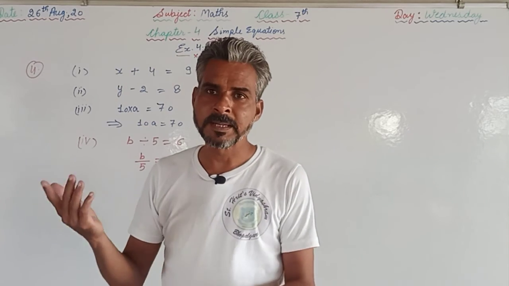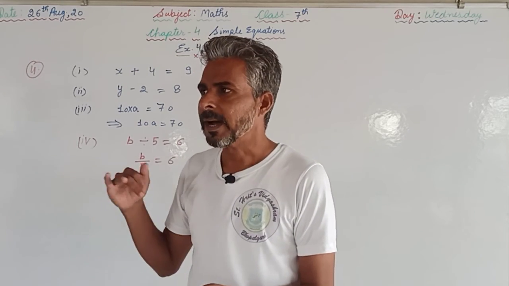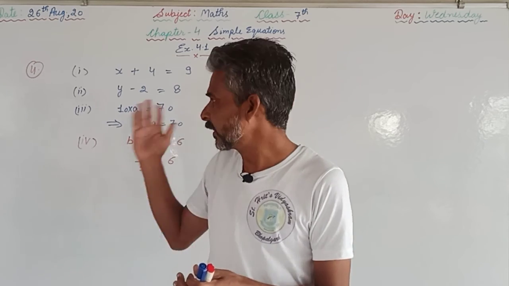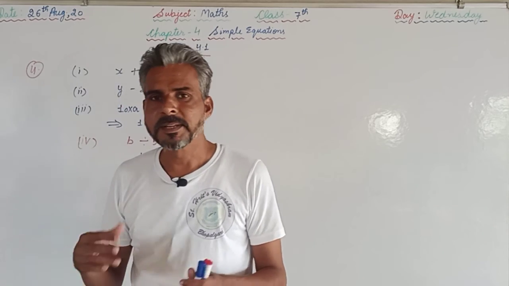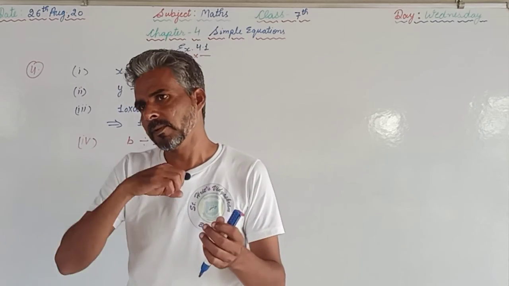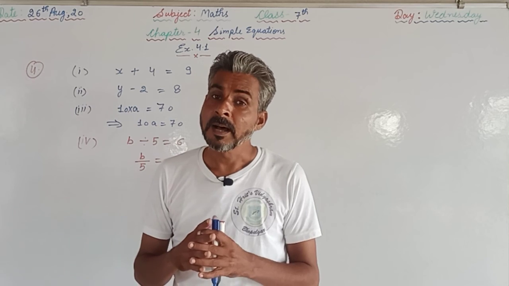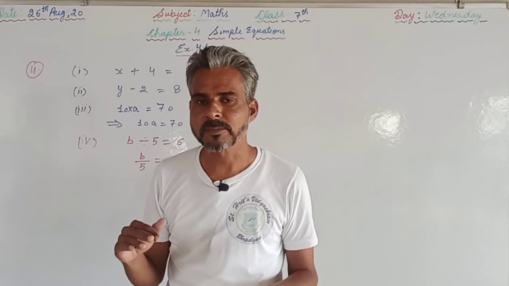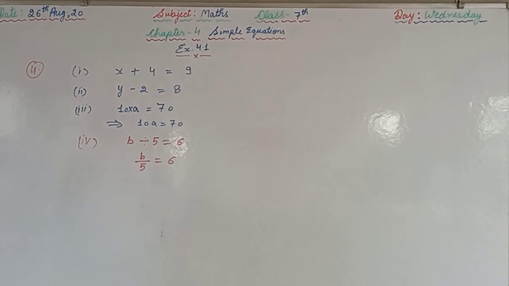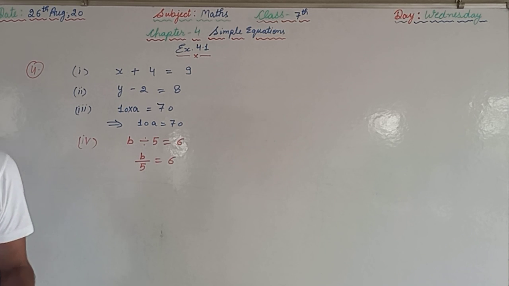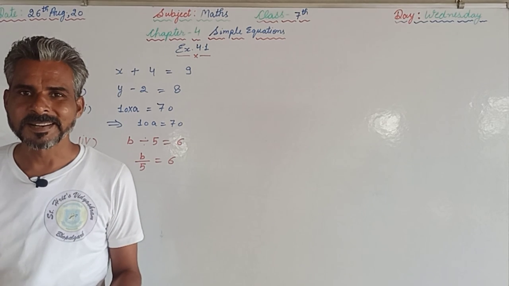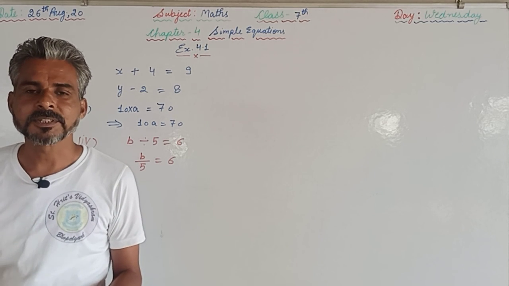So if many of the students are having doubts, we are supposed to repeat this chapter with a different method. Or if we find that all the students are sending us the answers, then we can start the next question, that is question number 6. That is a different question. In that, first of all we are supposed to set up the equation using the information given in the form of a word problem, and afterwards we are supposed to solve that equation. Solving that equation means finding the value of the variable used in that equation as well.